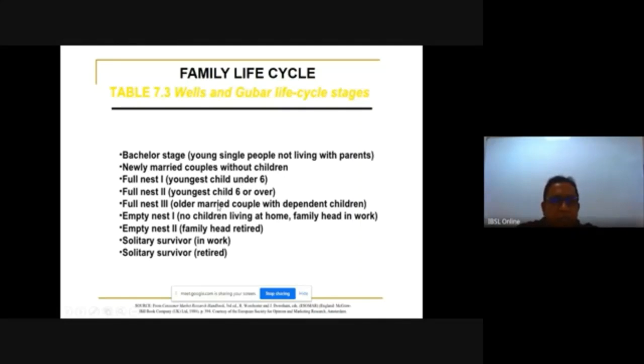Say for example, when you are in the say full nest 2, full nest 3, full nest 3 is the time families have a lot of expenditure because father and mother working and the children are all schooling, maybe they are in the universities, in the tertiary education, right? And that time there are a lot of, so that time education loans, vehicle loans for the children are all be needed, and